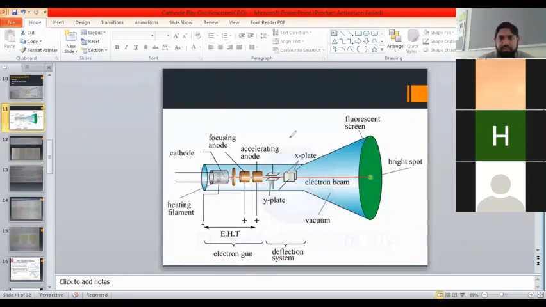Like this, these Y plates have a connection at the front. So wires can be connected directly to these Y terminals from the front panel, means outside of this here. Is that clear? Y plates have connectors available at the front panel, so we can connect our signal directly to the Y plates. Okay, moving ahead.